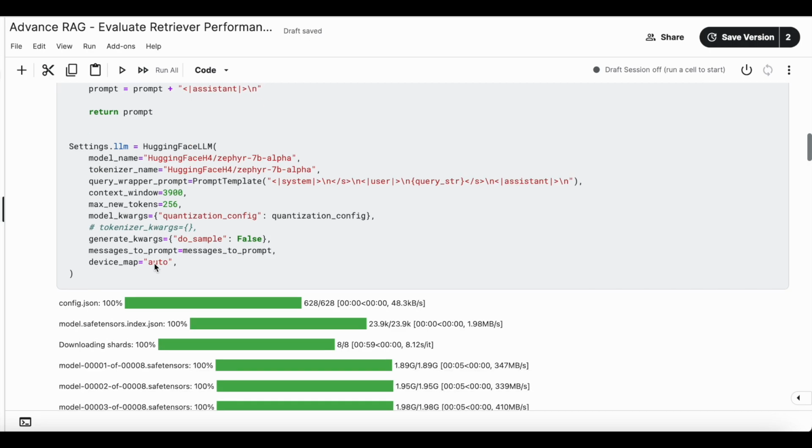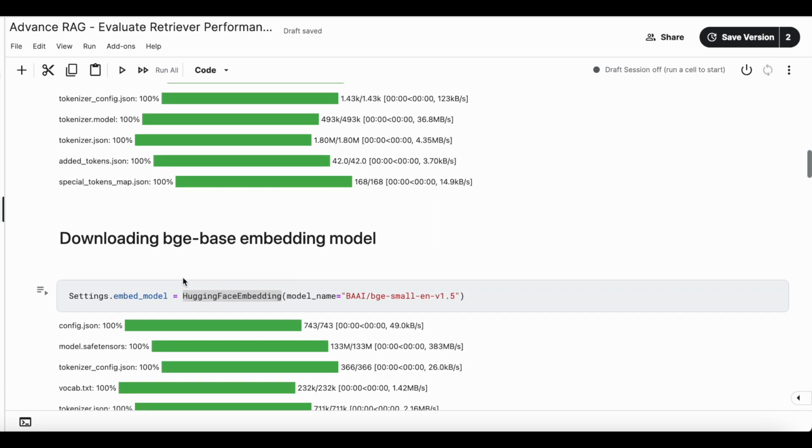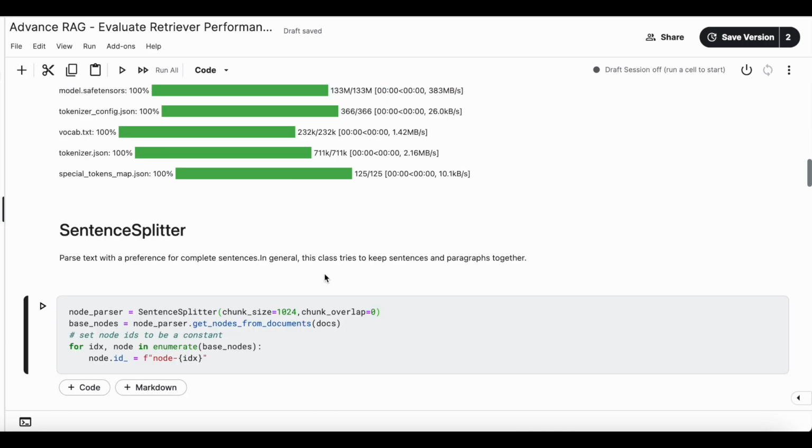Once my model gets downloaded, I'm downloading the embedding model, which is the BGE base embedding, and I'm storing it into Settings.embed_model. Next, I'm calling SentenceSplitter with a size of 1024. So I'm creating all my docs into different chunks of size 1024 and storing them as base nodes. Now these base nodes will be treated as the parent nodes for all the different parsers, and that's why I'm converting their IDs into fixed values like node 0, node 1, so that I can do a lookup